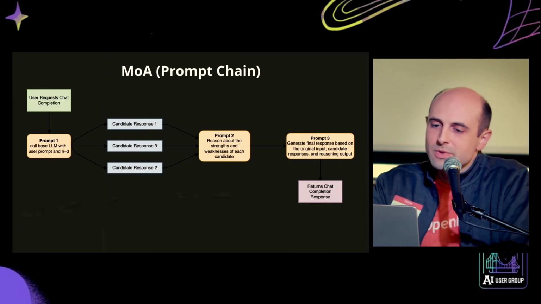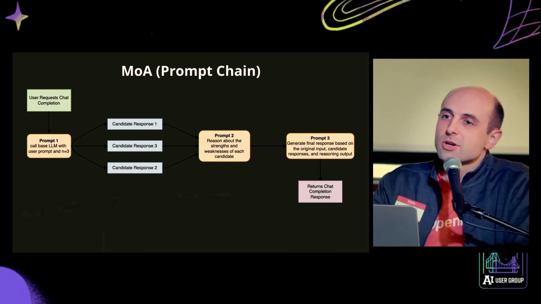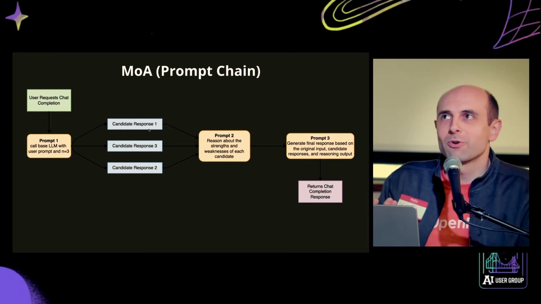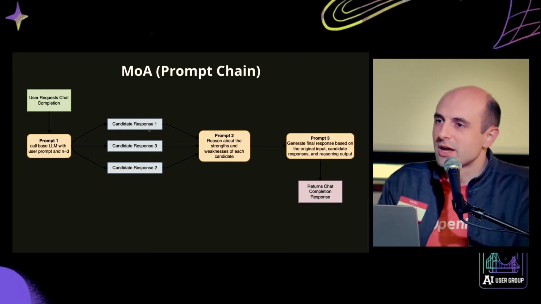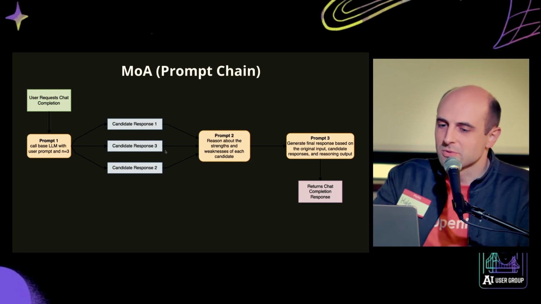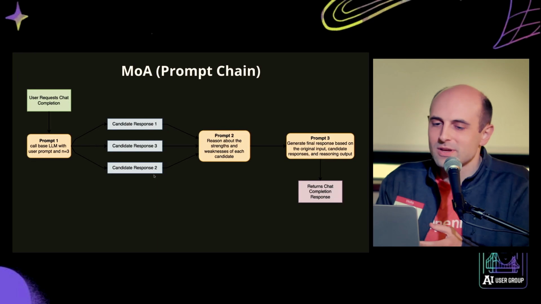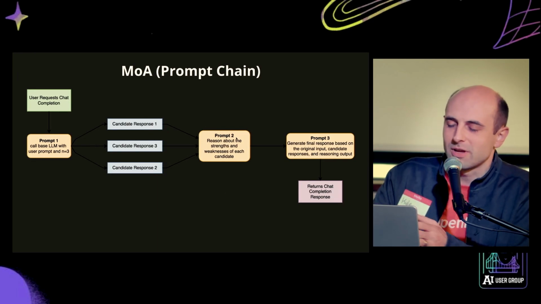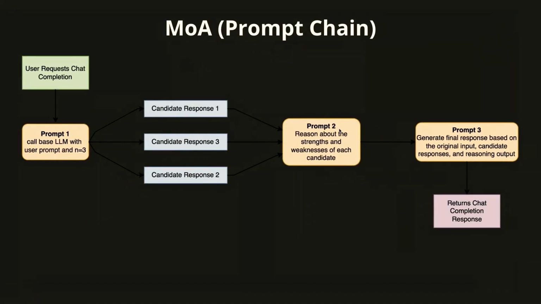Why are we talking about this? Well, going through even a very simple chain like this can help your output quality significantly, for a number of reasons. One reason is that these models are not necessarily deterministic. They can make mistakes in an inconsistent way. So we've got these 3 responses here. If one of them goes off the rails, then prompt 2 will notice that and account for it. Another reason is just giving it more time to think, more time to reason over the thing, which can help it improve its quality. So in practice, what we find is that this does, on average, help performance.